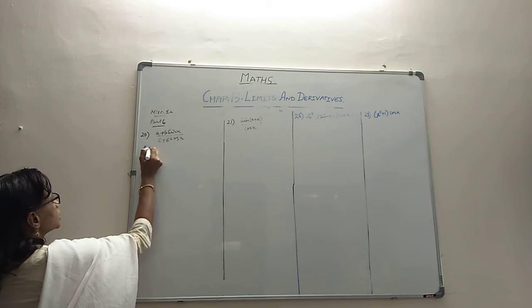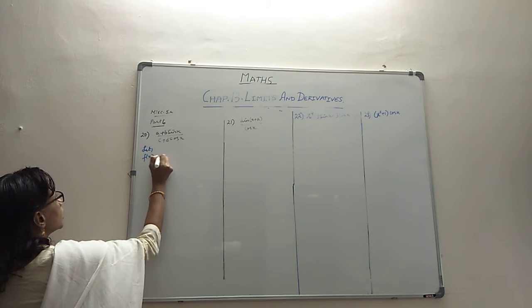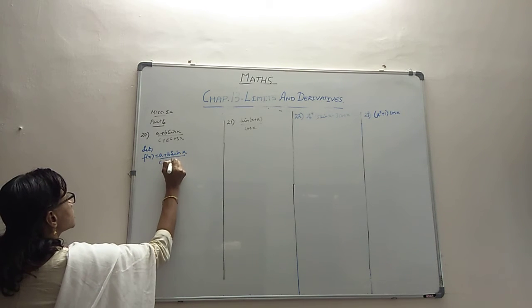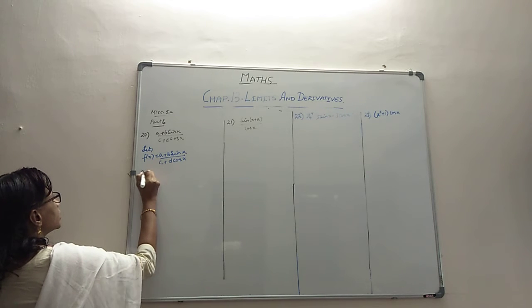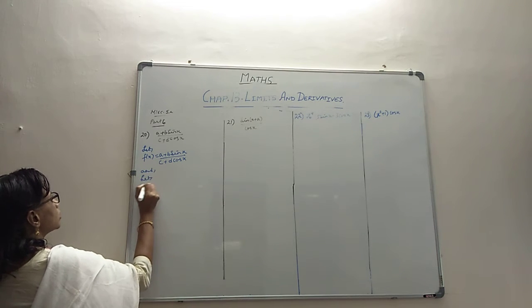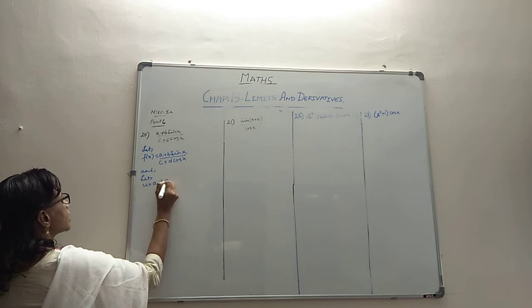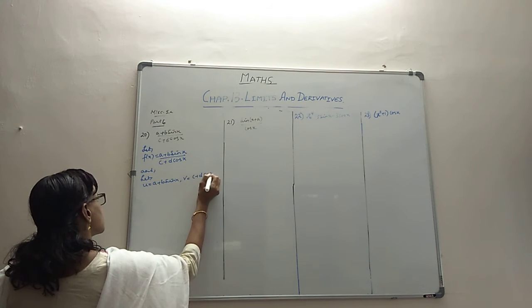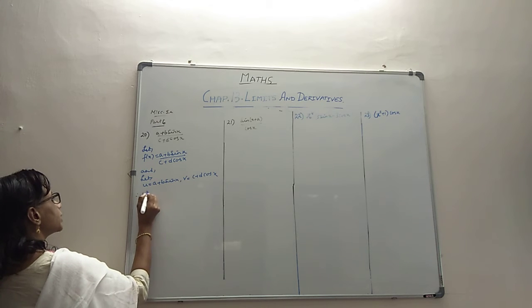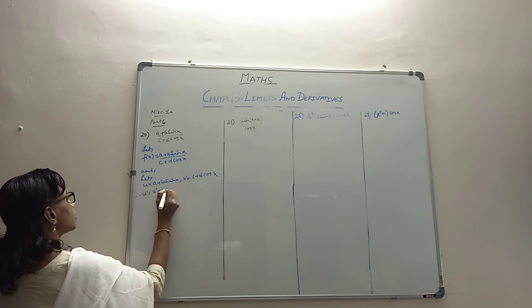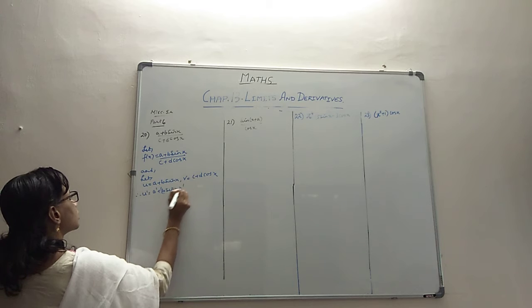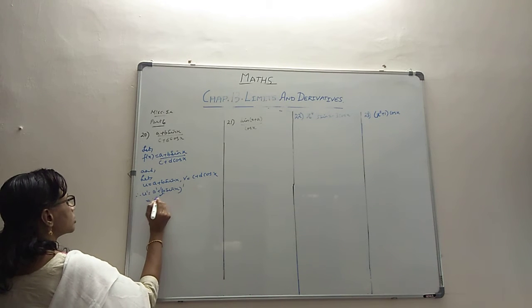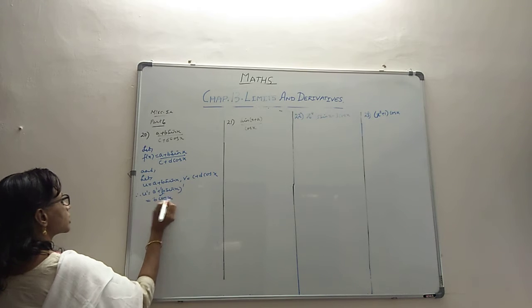First let's call this function f of x. Let f of x be equal to (a plus b sin x) by (c plus d cos x). For our convenience, we will call u as a plus b sin x and v as c plus d cos x. To find the derivative u dash, it's the derivative of a and the derivative of b sin x. b will move out, a is a constant so its derivative is 0, so b comes out, and the derivative of sin x is cos x.